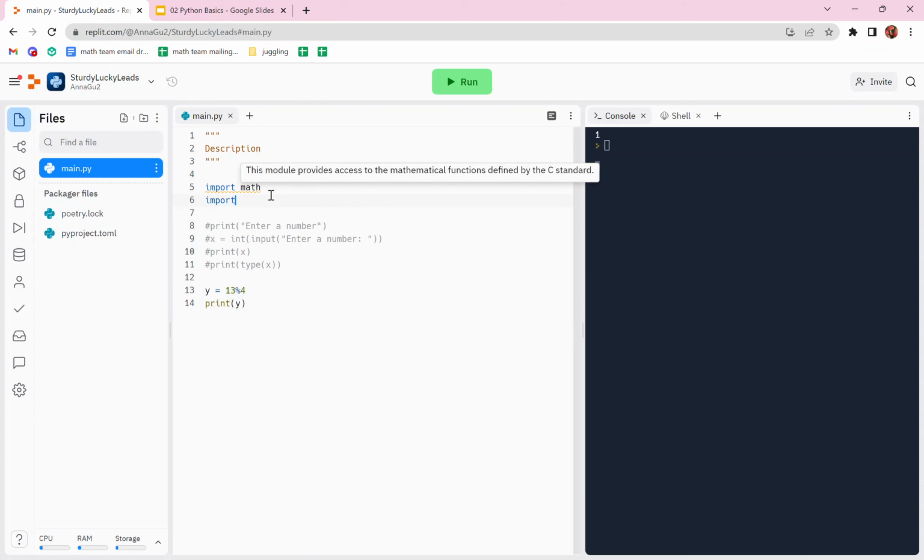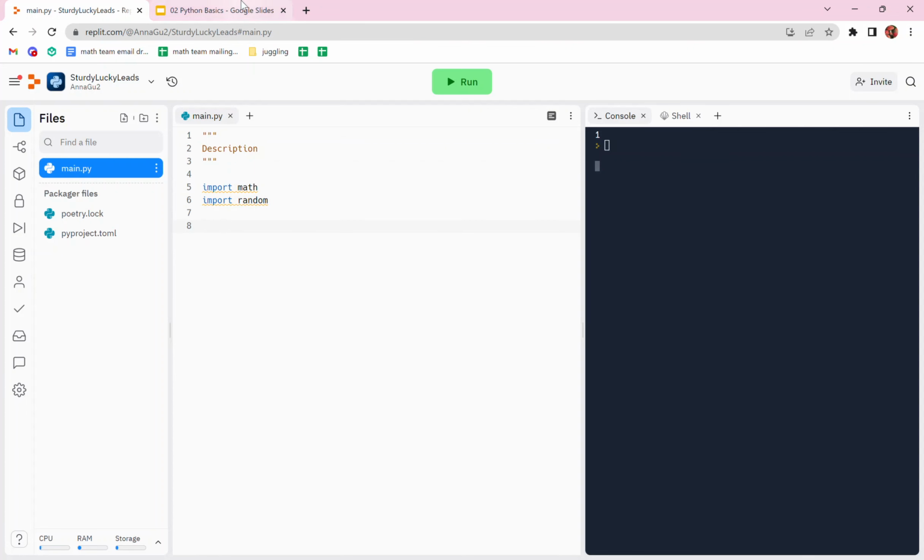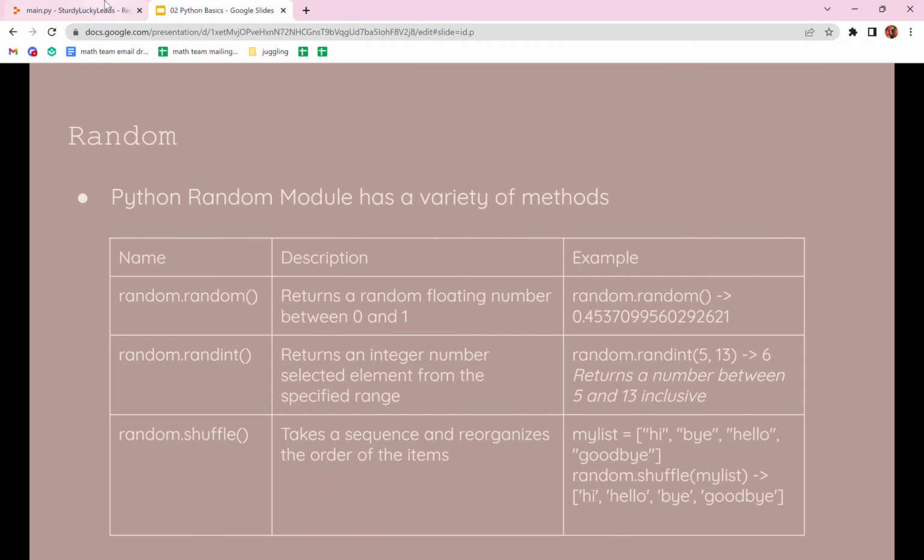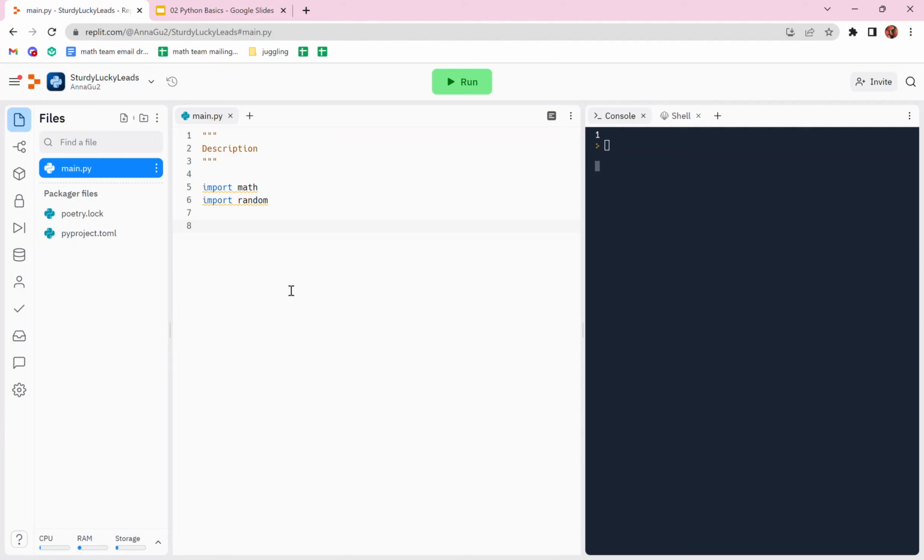import random. We'll just delete this for now. So let's say I want a number between 0 and 10. I would do x equals random.random times 10. So then if I print it out now, gotta print it, print x, and see now I can get a bigger number, but let's say I get rid of this,